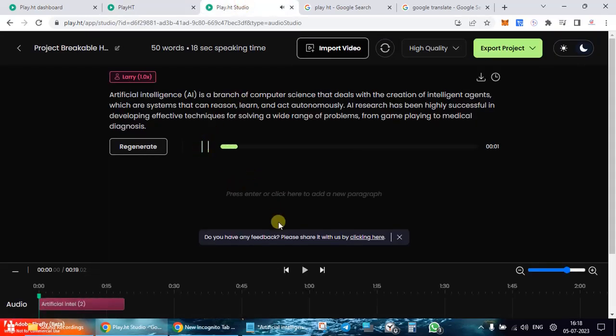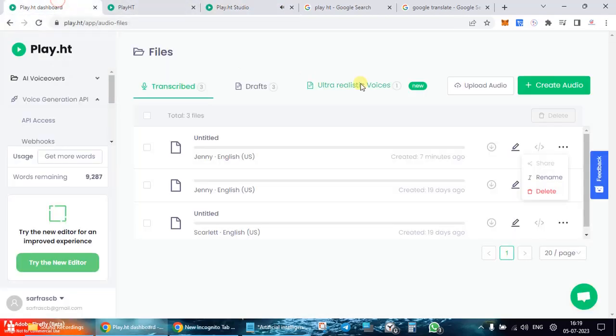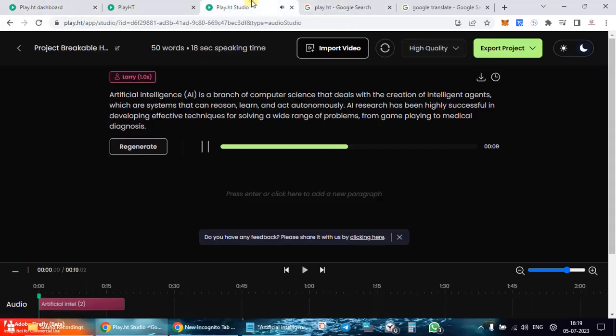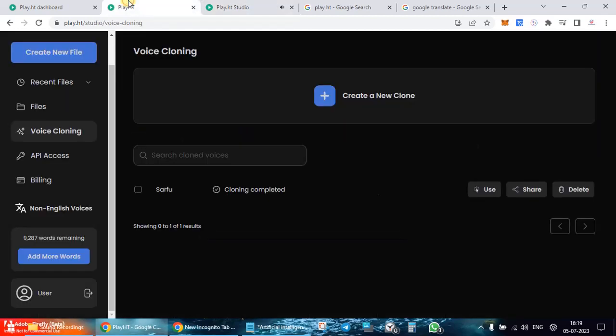Artificial intelligence, AU, is a branch of computer So science this that was deals with the creation of the intelligent agents, which are option which systems they that can talk of reason, ultra learn, and realistic act voices. autonomously. So you can see the My voice over research here. has been highly successful in developing effective techniques for solving a wide range of problems, from game playing to medical